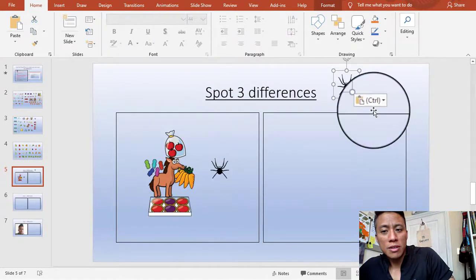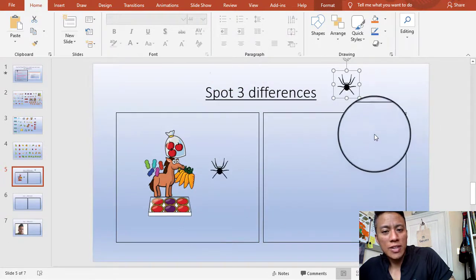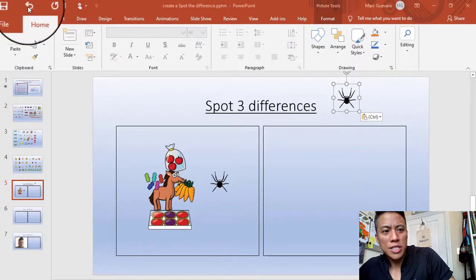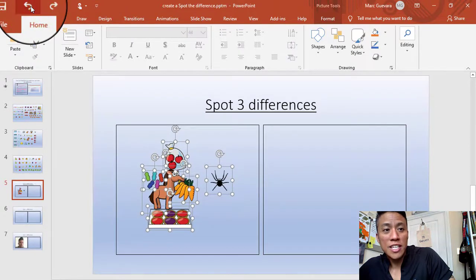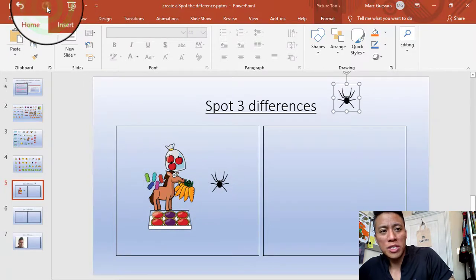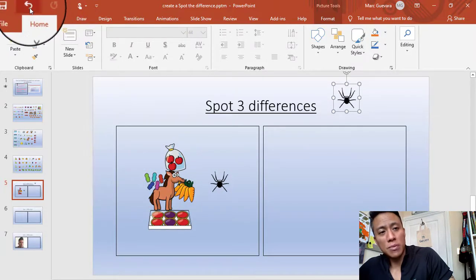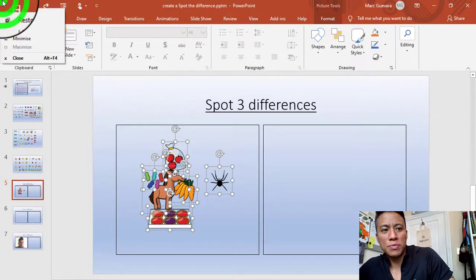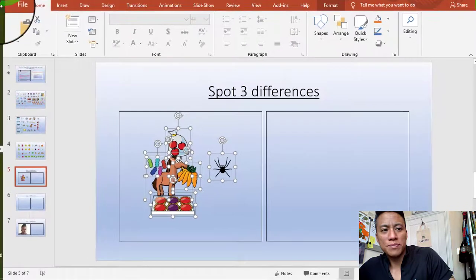Oh look, I've made a little bit of a mistake. If that happens, this is what you can do. At the top here you'll see this button, that's an undo button. If you click this, look what happens, it goes back. So whenever you make a mistake, you want to go back a little bit further, just click this undo button. If you're happy with how it was before, you can redo, but I am not, so I'm going to click undo and it takes you back to where I was before after I